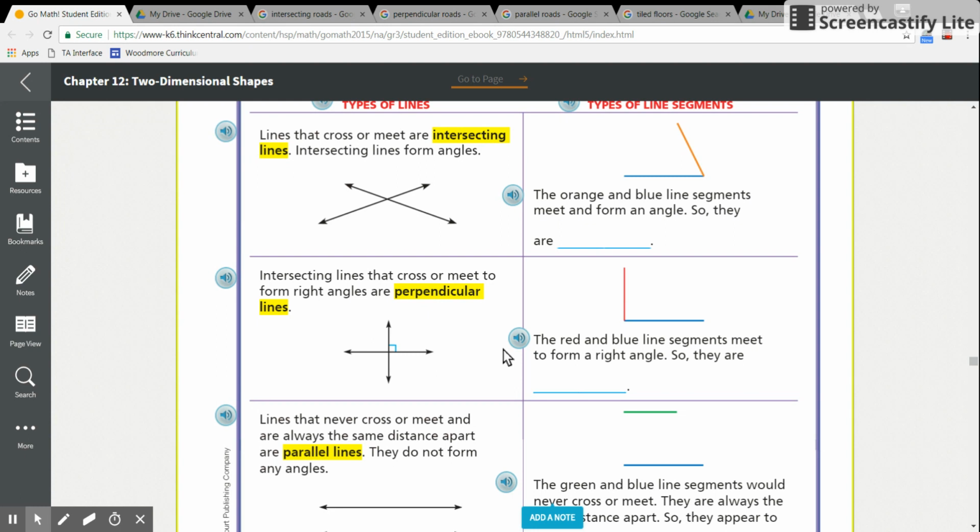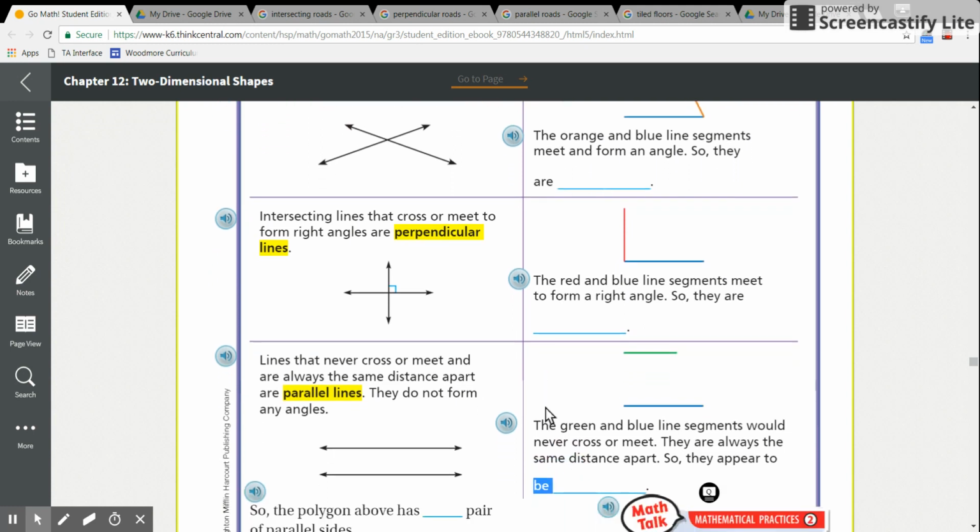Now remember, if you need to come back to this part of the video to learn what intersecting and perpendicular are, you are in charge. So if you don't quite understand it at first, go ahead, rewind the YouTube video, and keep watching it until you understand it. The last type of lines we're going to learn about